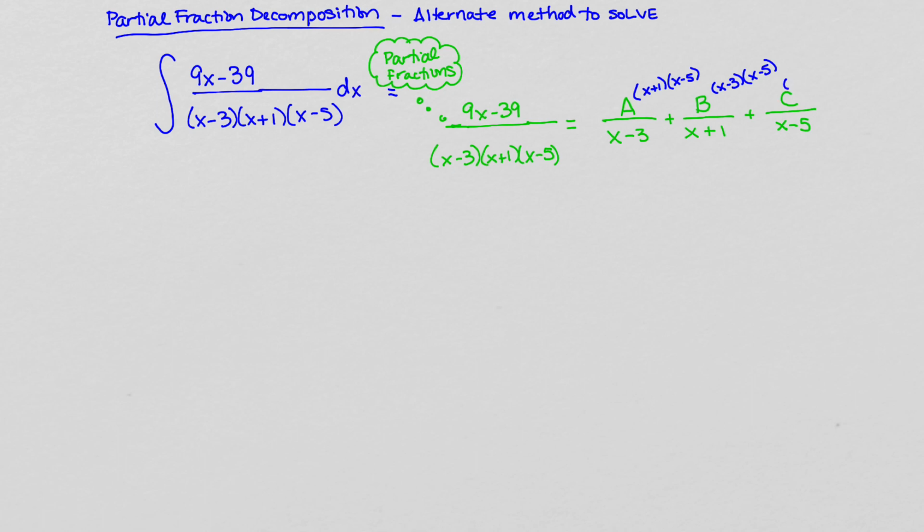And c would have to be multiplied by x minus 3 and x plus 1. And we do this both on the denominator and the numerator, right? So we would also be multiplying each denominator by those missing factors in order to get the common denominator that we seek,